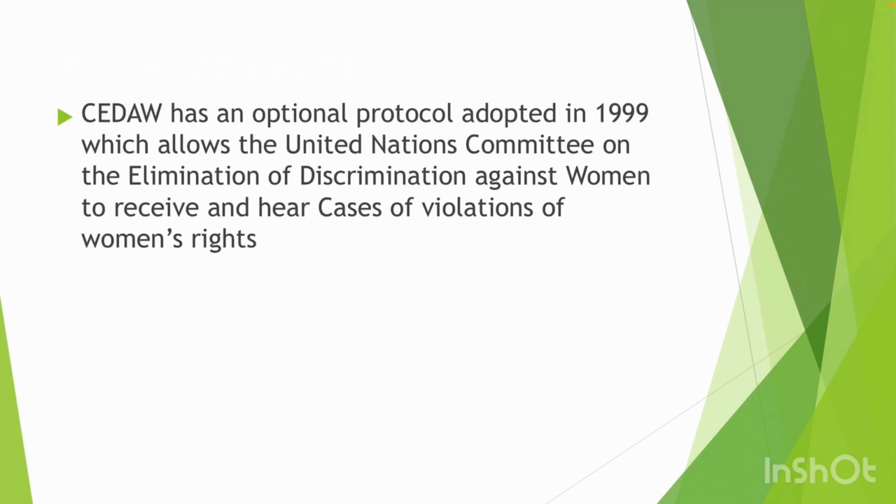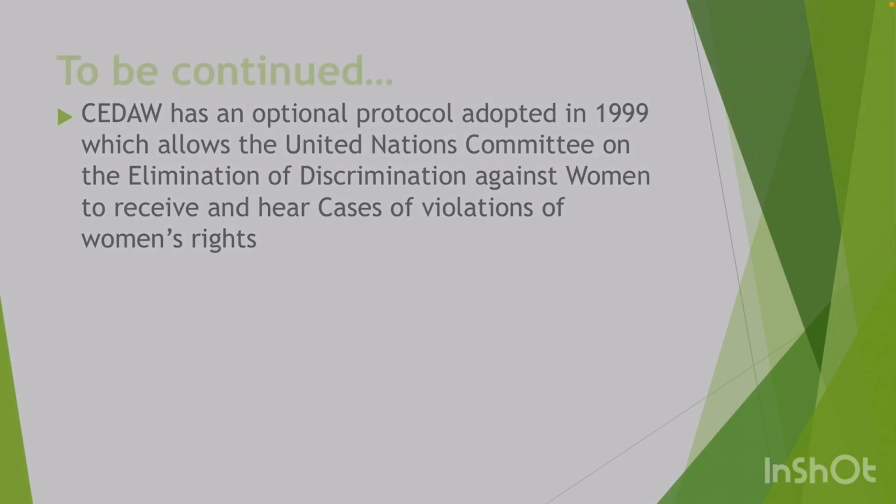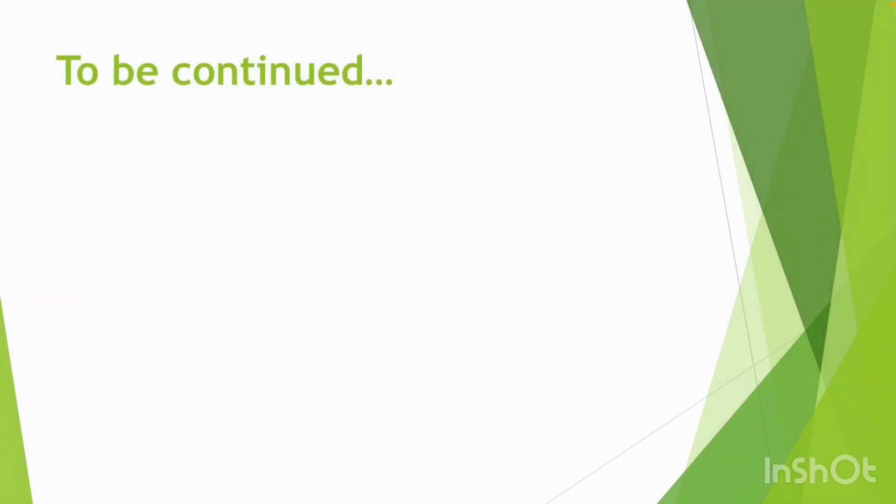Important point. These are called specialized instruments because they deal with a particular human rights issue or a particular group of people. So like I said, we are just doing two specialized human rights instruments, and the other two will be done in the next